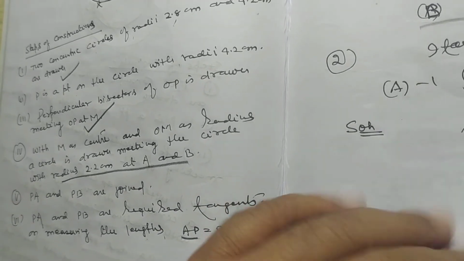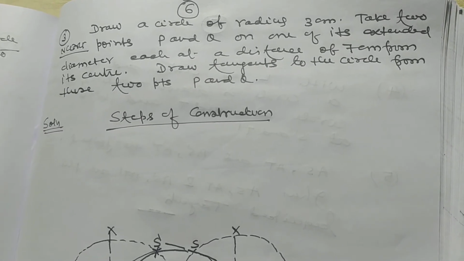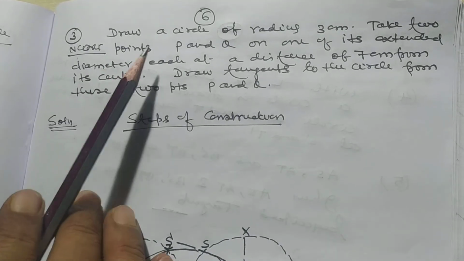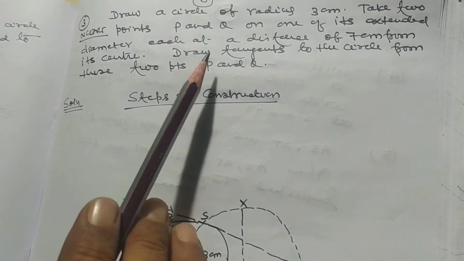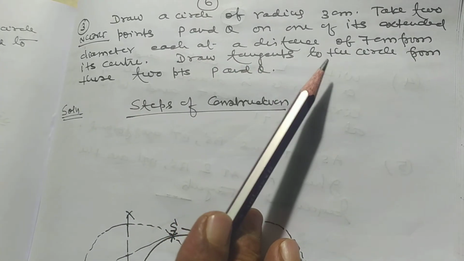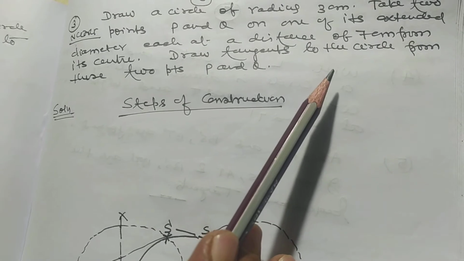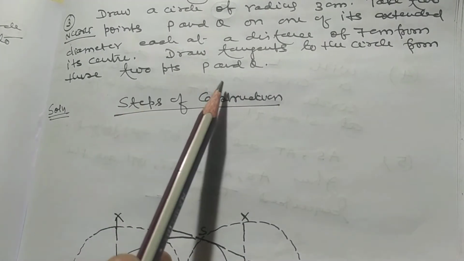My dear students, now I want to solve problem number 3 of NCERT. Draw a circle of radius 3 centimeter. Take 2 points P and Q on one of its extended diameter, each at a distance of 7 centimeter from its center. Draw tangent to the circle from these 2 points P and